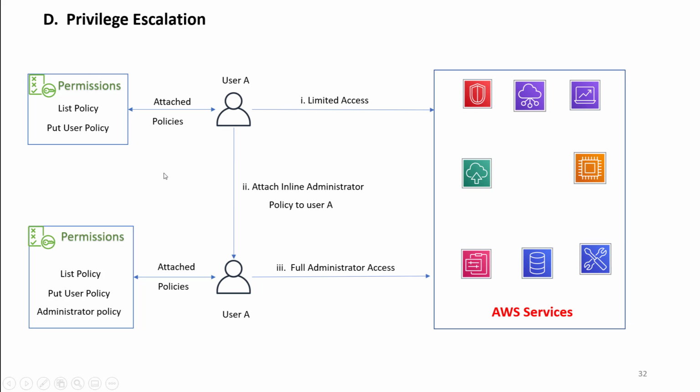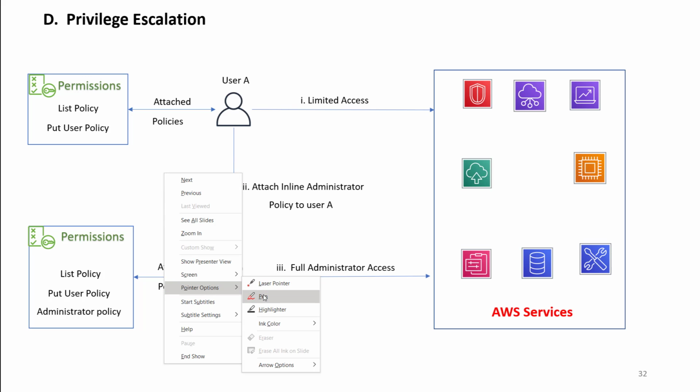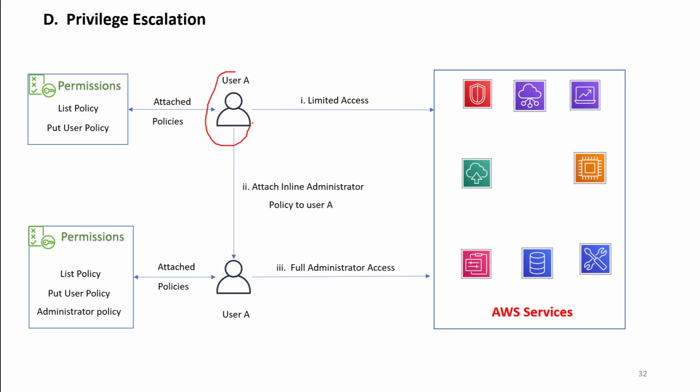As you can see here in the diagram, we have a user A which has limited access on AWS services. Why? Because only two policies are attached to this user. One is list policy, so he or she can list IAM users, IAM groups, and IAM roles. And the second one is put user policy. That means this user can change the policy of any other user or himself. So if this user has these two policies, how can this user take advantage of them and perform the